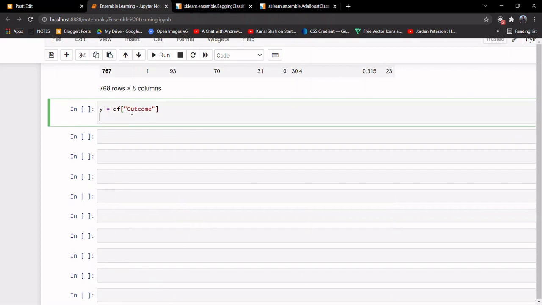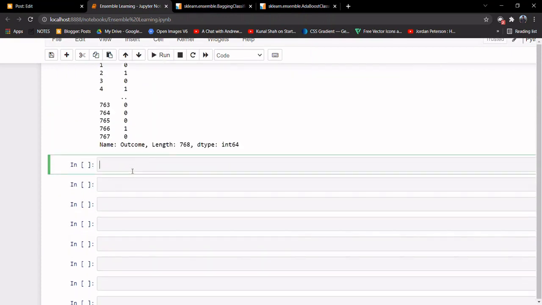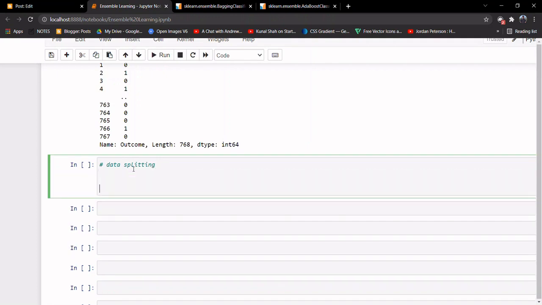So let's print the y. Alright. Now, once we have defined our x and y variable, let's split our data set. So what we'll do is I write data splitting, and let's import the train test split method from sklearn. So we'll write sklearn dot model selection